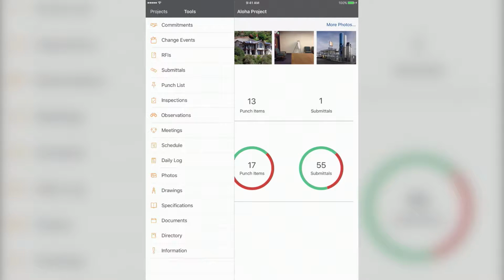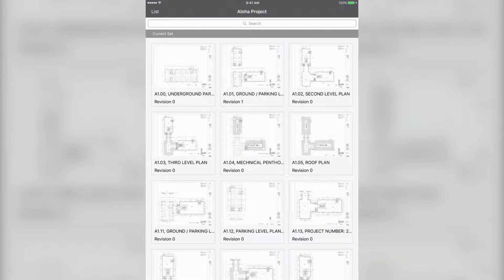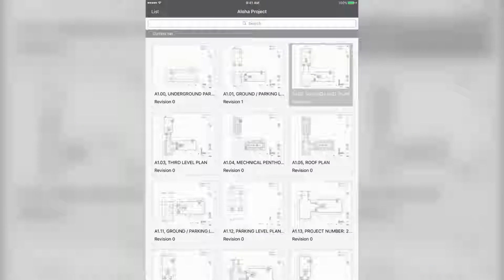If we look at the drawings tool, what you're actually seeing is the current set of drawings. That means everybody walking around the job site with access to Procore has the ability to see what is real at the given moment in time. If I was to open up any one of these drawings, what you see is a set of markup tools